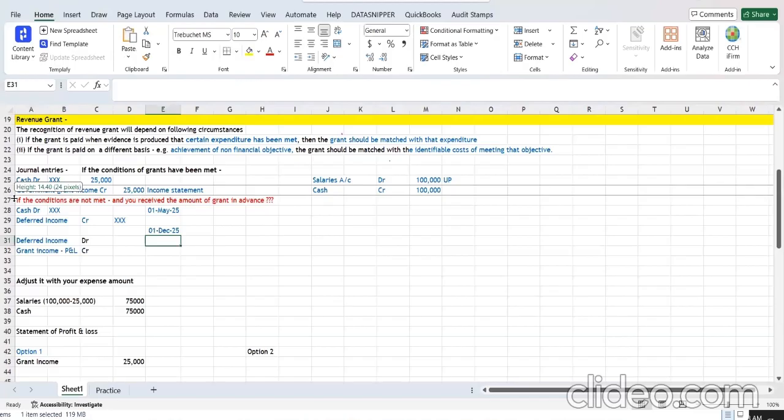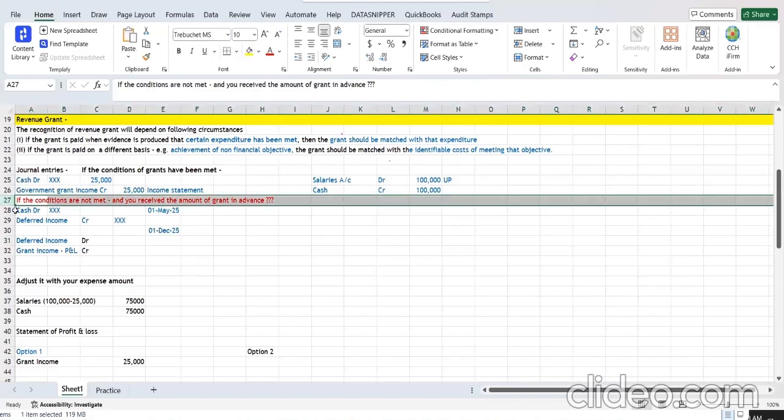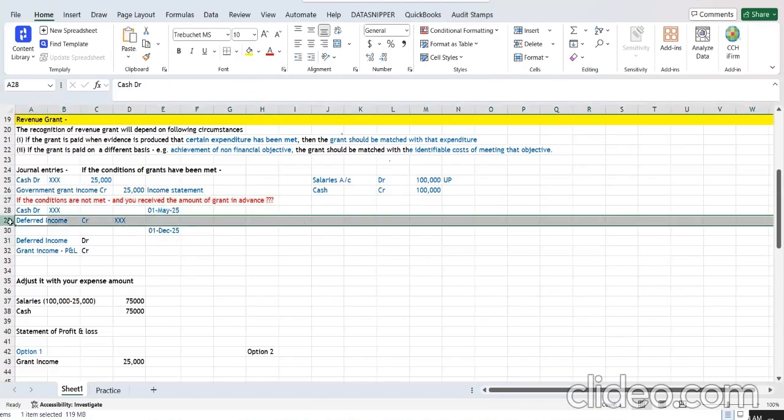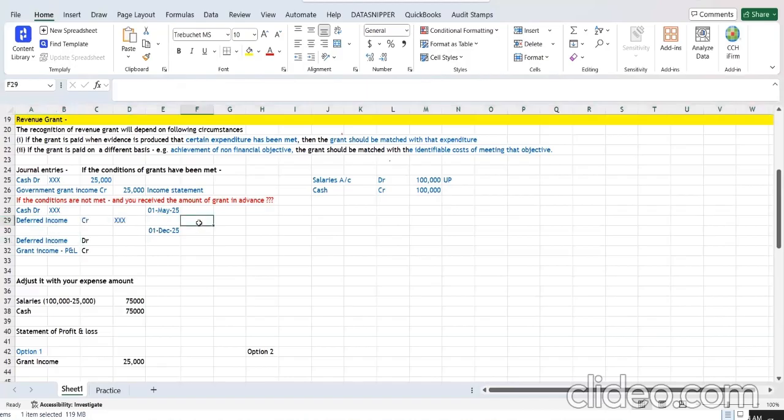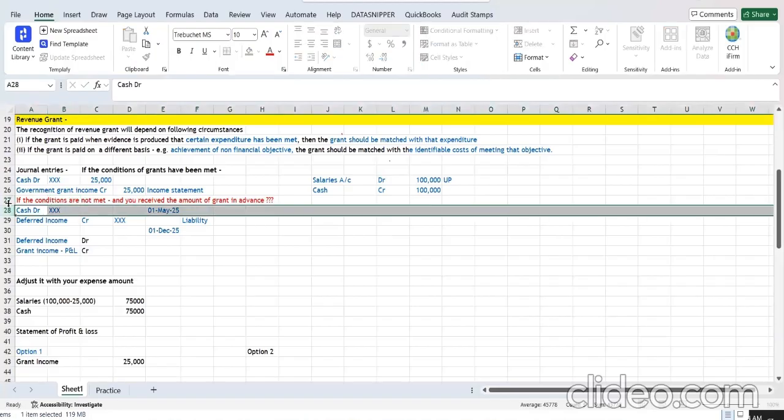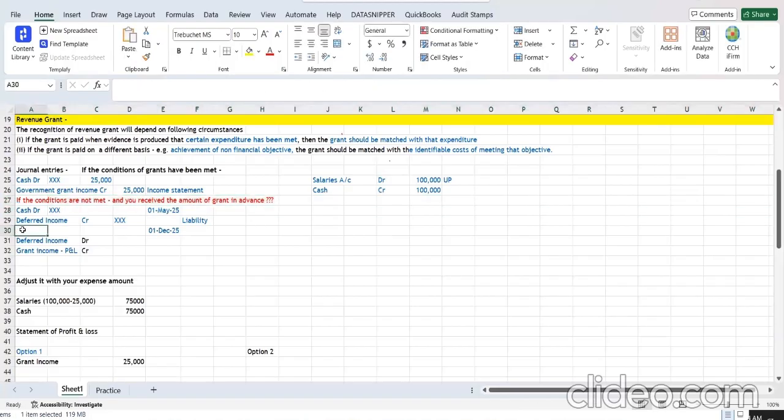So if the conditions are not met, you're debiting your cash, that's fine. Why are you debiting your deferred income? Because it is your liability. Why a liability? Because you have received the grant income when you do not actually meet the conditions. The day when you meet the conditions, then you can reduce your liability